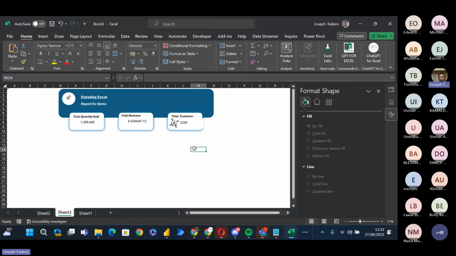So this is just a simple design for the dashboard, the report. You can go ahead and play around with it, design something nice, interesting, really good and useful. I can go ahead to do other designs and other reports and dashboards, but